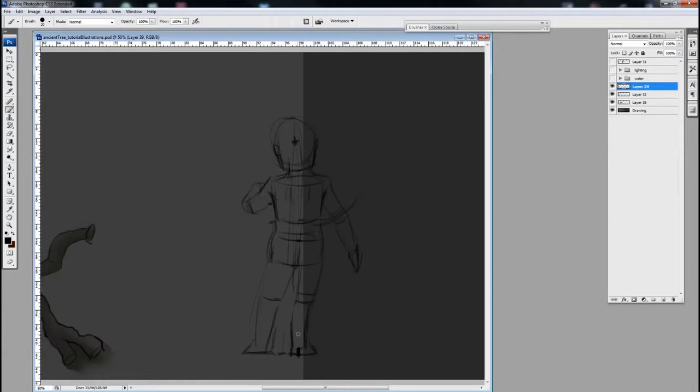Let's say she's on both feet. Right now, I'm suggesting that even though both of her feet are on the ground, her weight is leaning on this foot because her head is above this foot. But if I want to show that her weight is distributed equally on both feet,